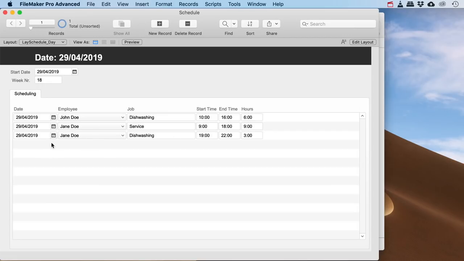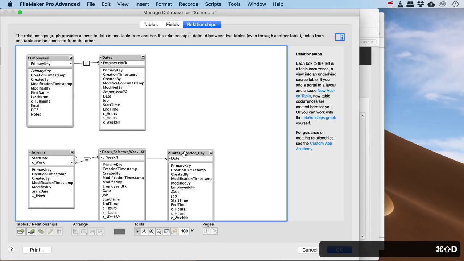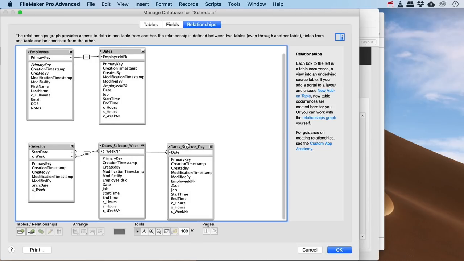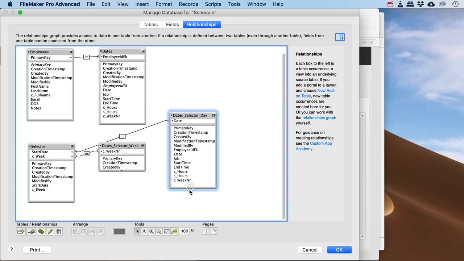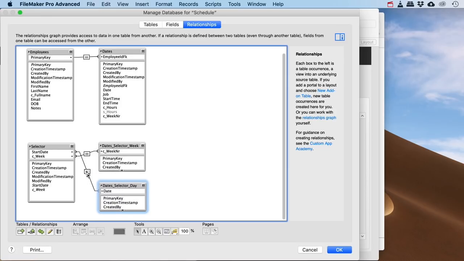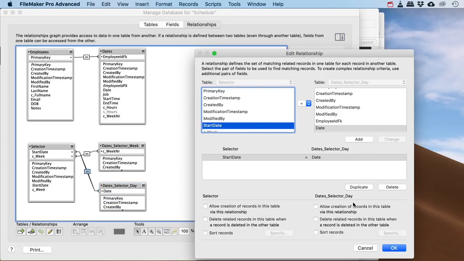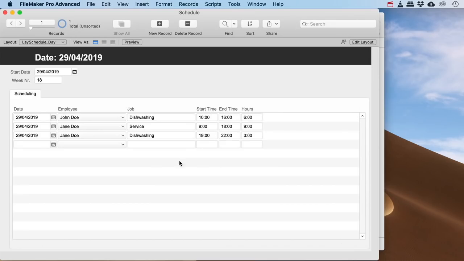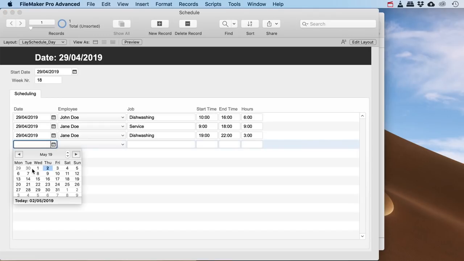Now I want to be able to add someone here on this day, and I can't do that because I do not have the ability to create new records. So maybe we should just make this one a bit smaller, this one a bit smaller. Oops. And then what we can do is we can put them below each other. Makes the lines a bit more visible, and I can just allow the creation of records in this table, in this day table occurrence. So now I could say on the same day,